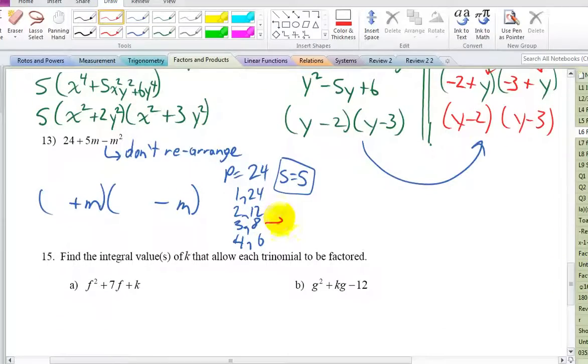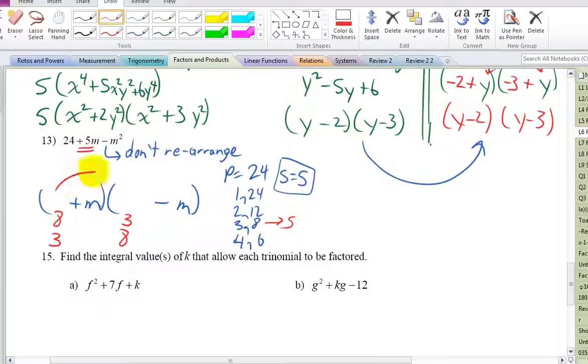3 and 8 because they're 5 apart. Okay, there's a difference of 5. So my question is, should we put the 8 at the front and then the 3, or should we put the 3 and then the 8? Well, remember, the sum is positive. So this multiplication,